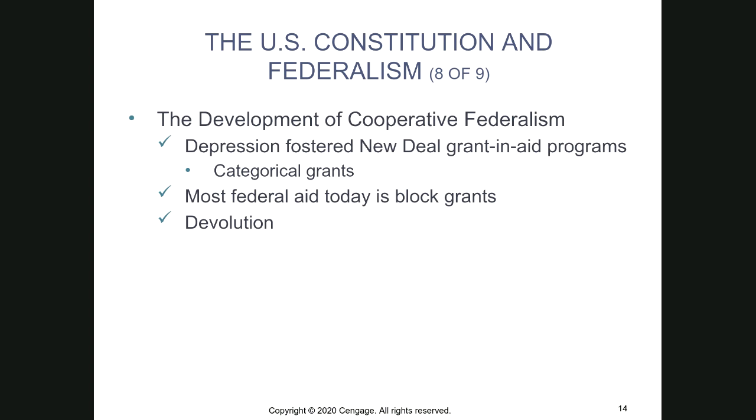Over time, we've still seen this grant practice continue, but we've started to see federal aid move towards block grants. So block grants are federal grants to state or local governments for more general purposes and with fewer restrictions than categorical grants. This process, this moving away from categorical grants to block grants, this is called devolution. So it's the attempt to enhance the power of state or local governments, especially by replacing relatively restrictive categorical grants and aid with the more flexible block grants.